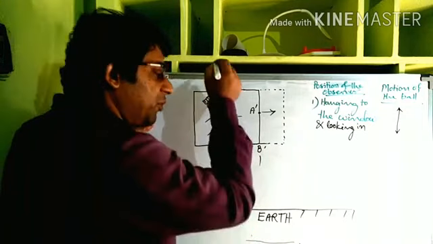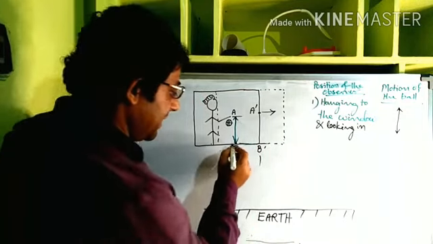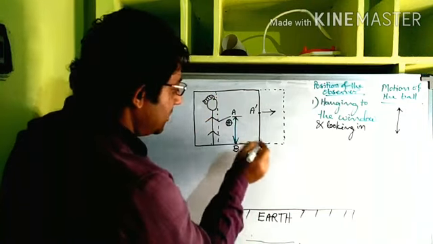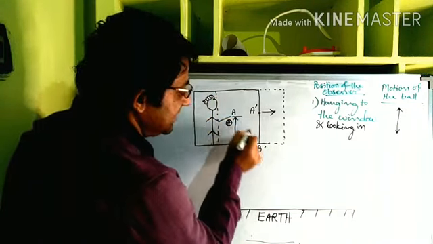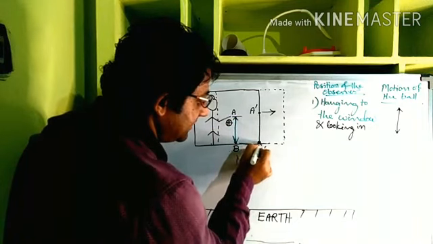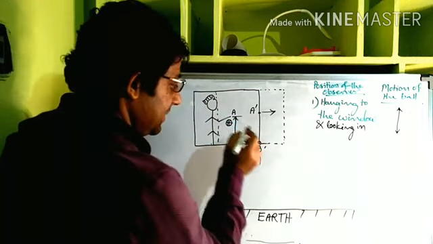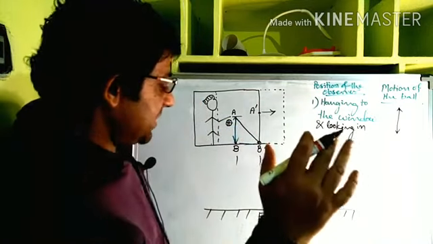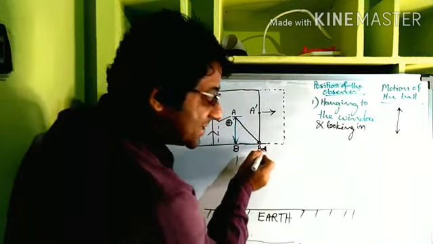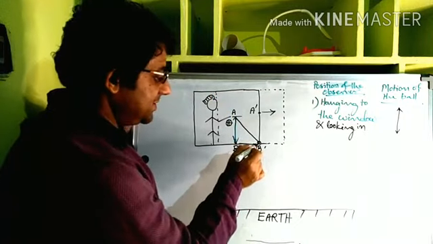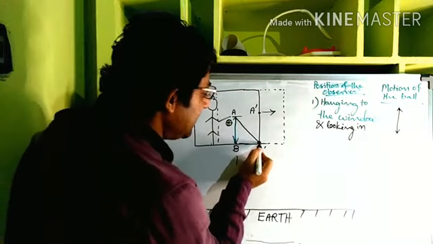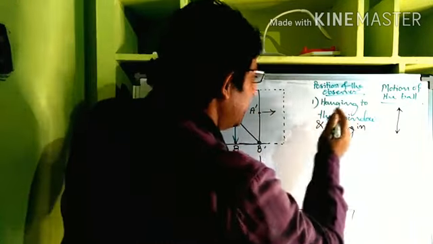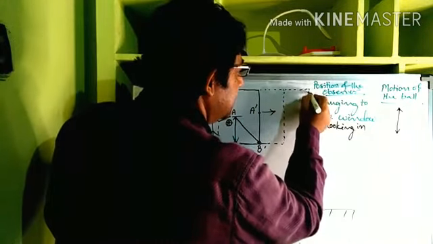But the ball is still hitting the same point only, right? But the same point has come to B dash now, B prime now. So actually it hits this point, yes or no? So how will the motion of the ball look when you are looking from a little away? It is moving like this so that it can hit B dash, right? Now again, while reaching the hand it has still moved farther. Let us say it has moved till here now,